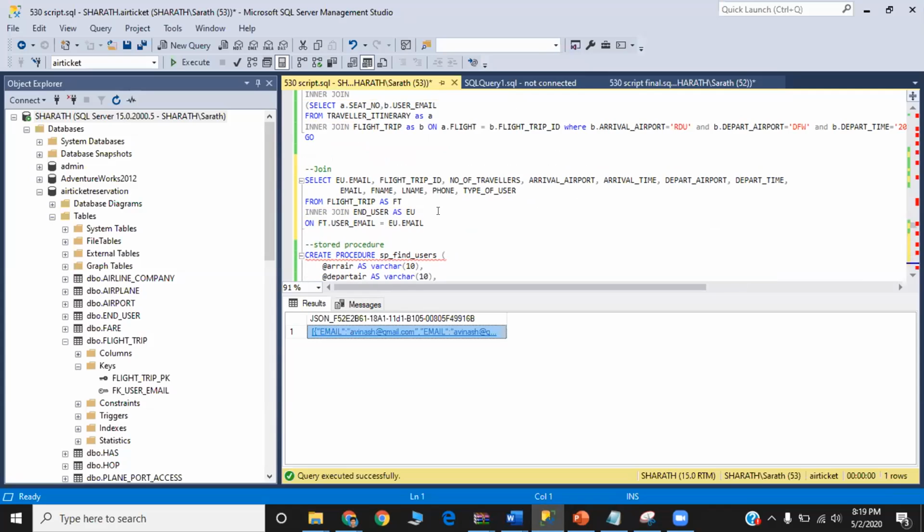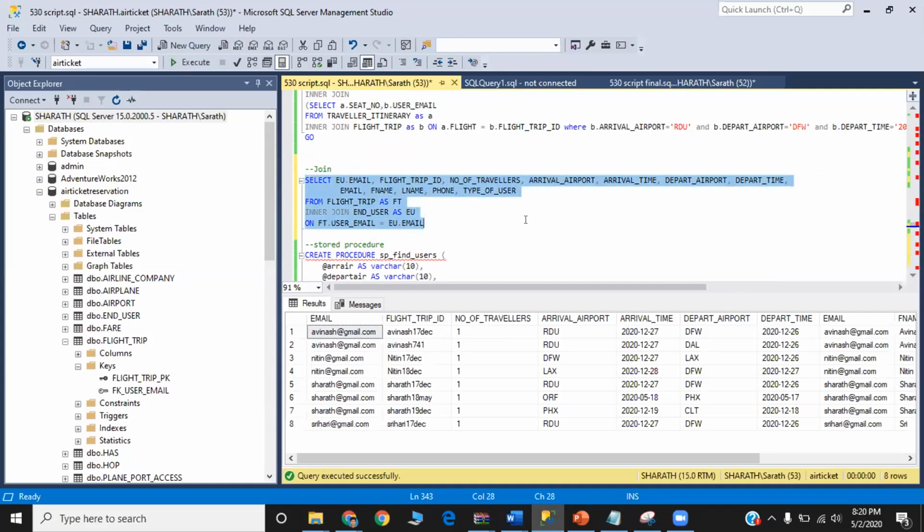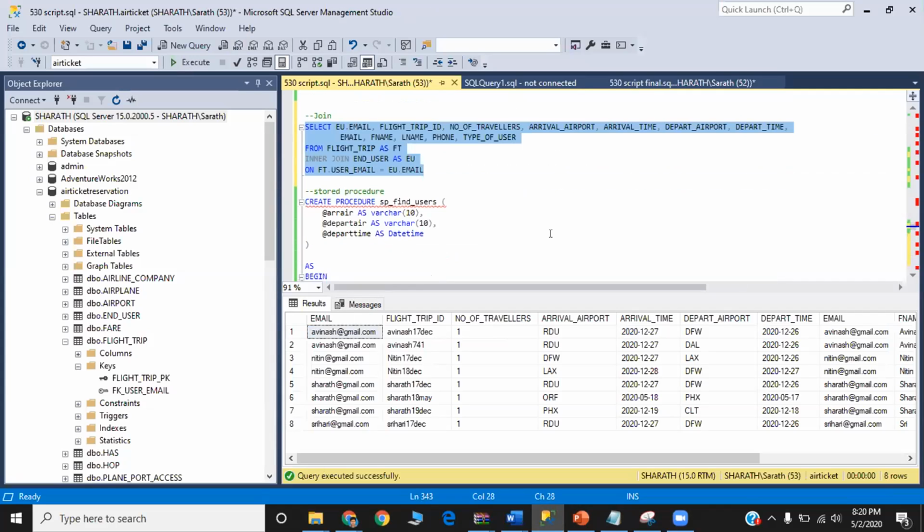Here you can see we have done an inner join where we are joining two tables: one is flight trip and the other is end user. After joining the two based on the user email ID, we are getting the following table.